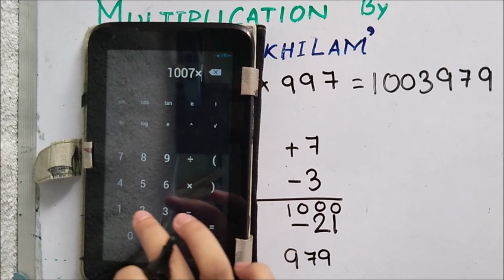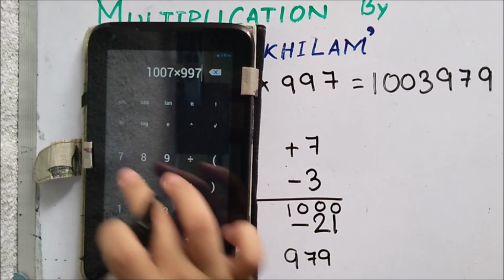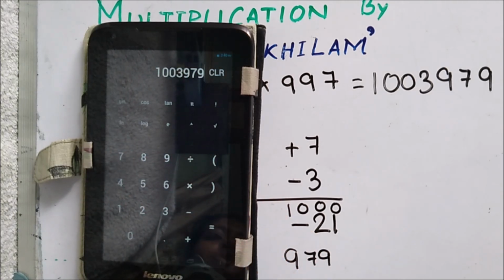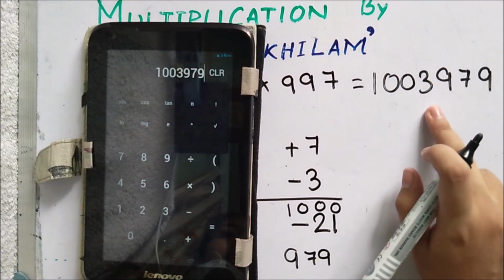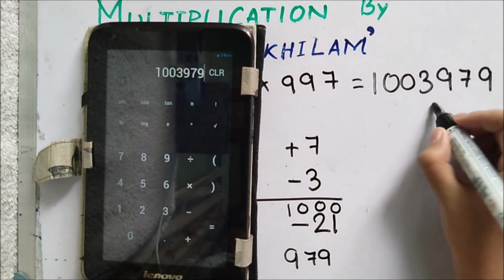We will calculate whether our answer was correct or not. 1007 into 997 is equal to 1003979. Hence our answer was